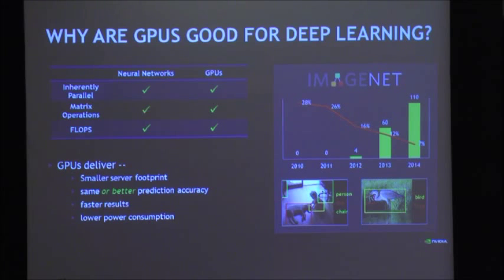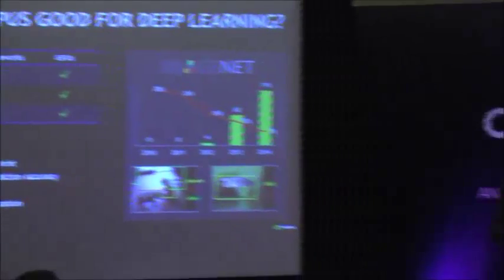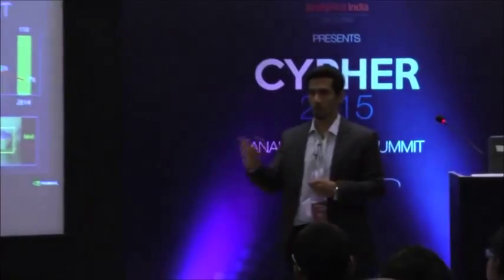Fine. From there onwards, deep learning took off, and today we are at the stage where the image classification accuracy of deep networks is better than humans. Humans' error percentage was measured around 5.1%, and now we are at